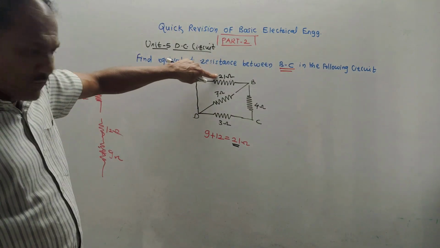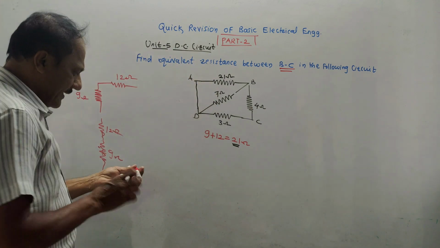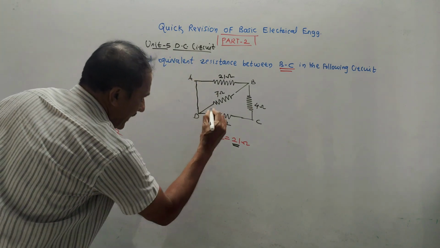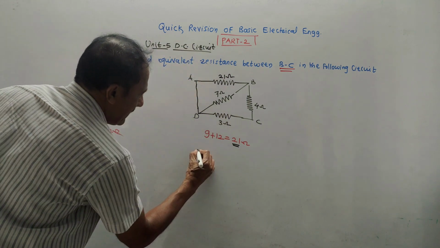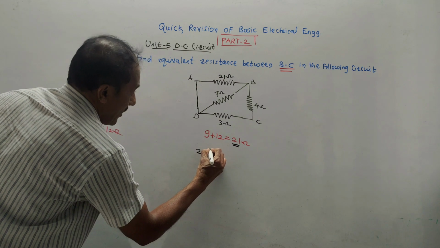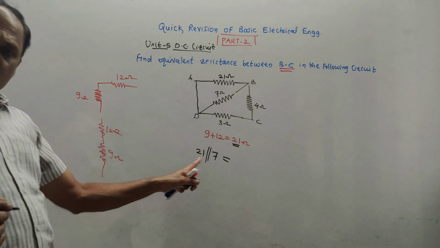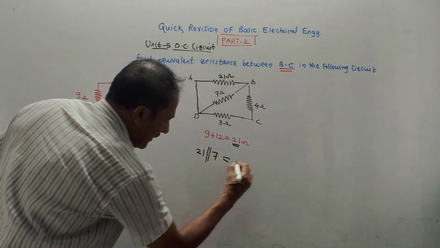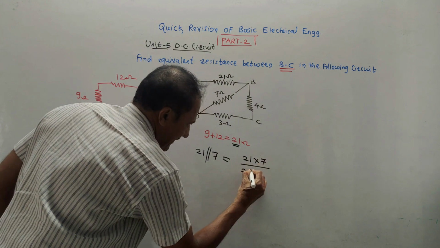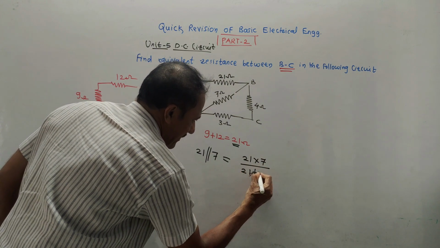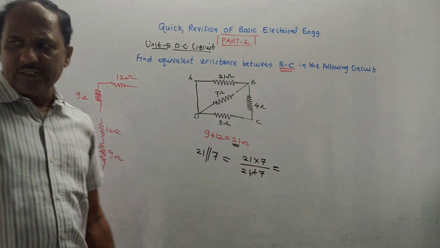Apart from this, what I said, the first combination was in series. That's what we solved and we got the value 20 ohm. Now this 20 ohm and 7, I will be taking in parallel. So in the exam you will write it like this, 21 ohm in parallel with 7 ohm. I hope you are aware how to solve this parallel combination. Very simple. In the numerator, take multiplication, 21 into 7. In the denominator, take addition, that is 21 plus 7. You can well simplify it on the calculator. So this answer will be